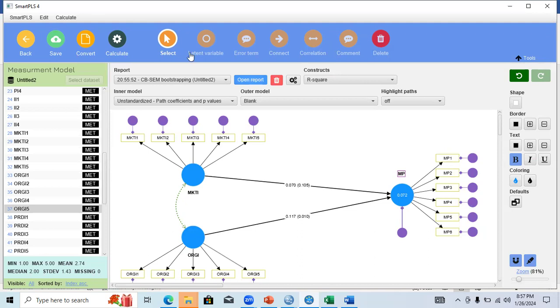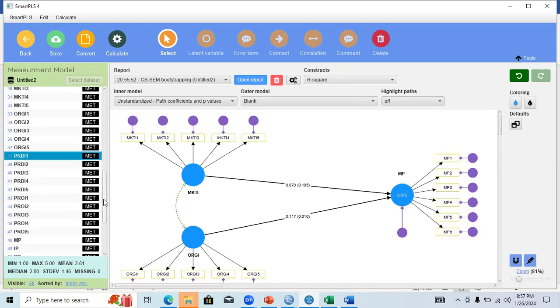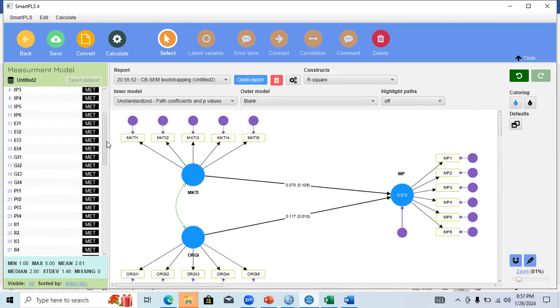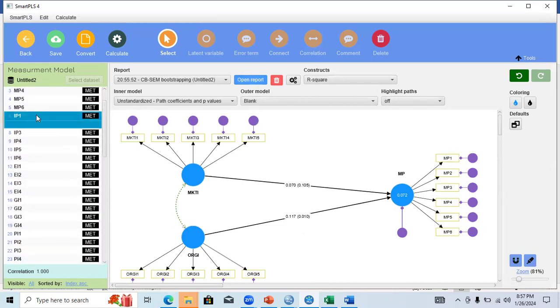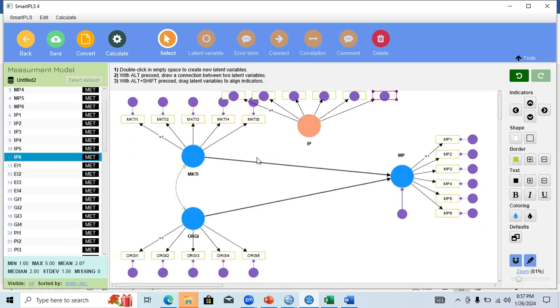For example, I want to create a mediation analysis on the basis of IP1 to IP5. I would consider it as a mediator. This is the mediator.